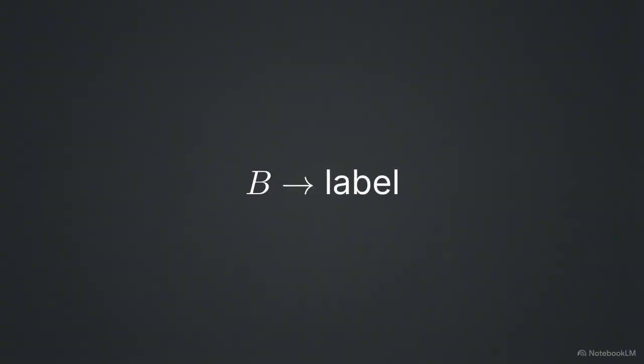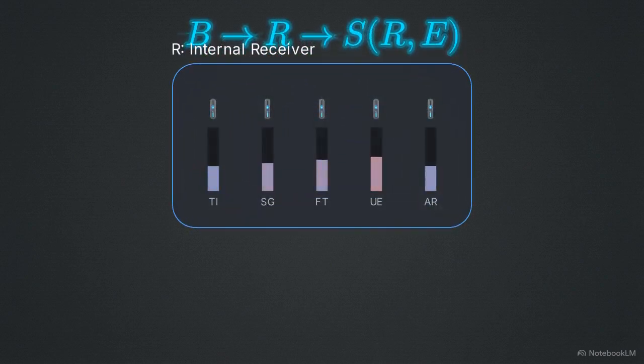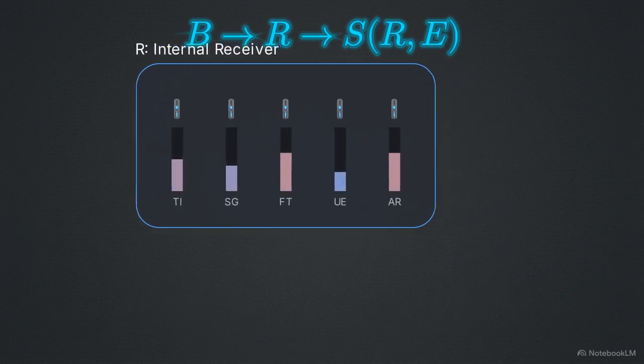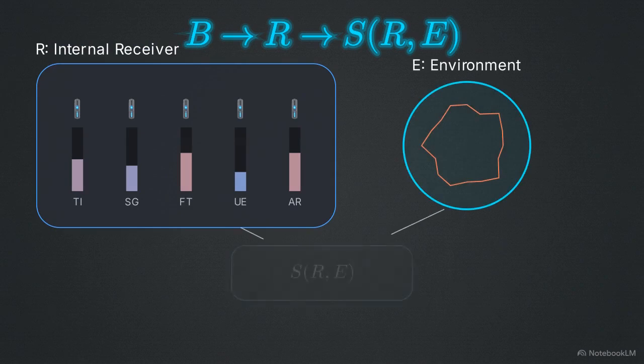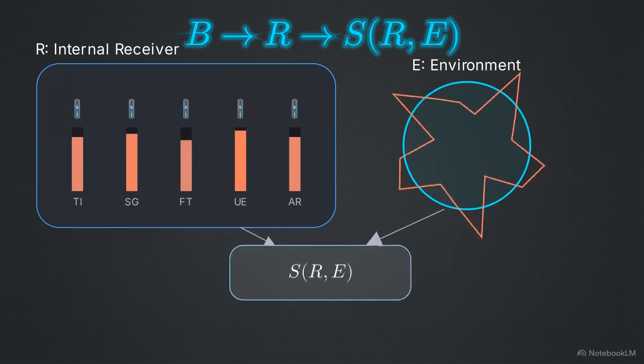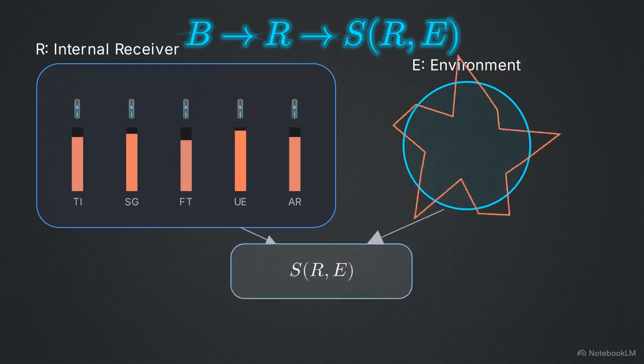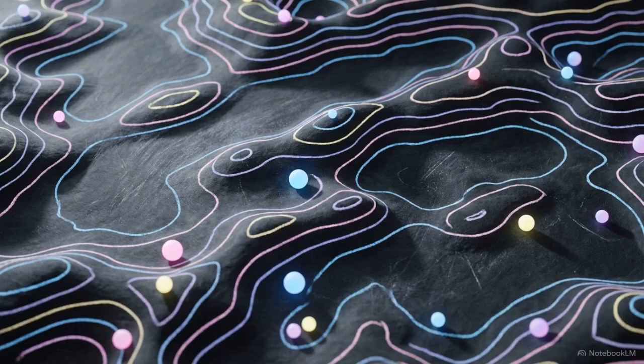RPCS1 shifts the target of assessment from discrete disease models to continuous parametric cognitive configurations. It replaces the behavior-equals-label heuristic with a generative model. Behavior is the output of a receiver, whose stability is a function of both its internal architecture and its environment. In this model, R represents the internal receiver architecture, the specific tuning of the brain's processing variables. S evaluates the stability of that receiver when subjected to external environmental conditions, E. Cognitive variance exists as a continuous mathematical landscape, where adaptive stability dictates human function.